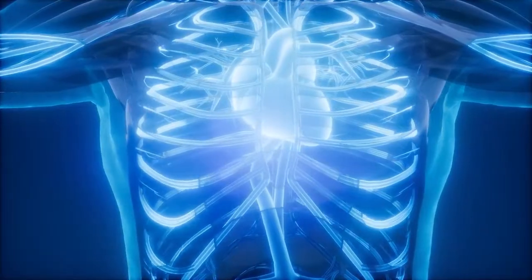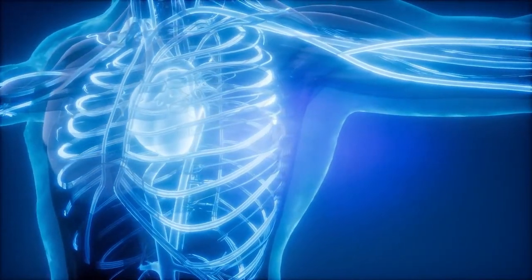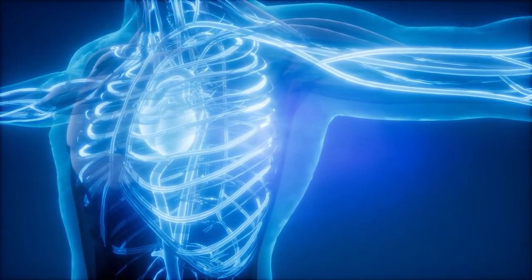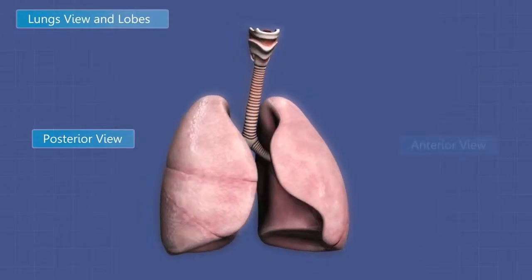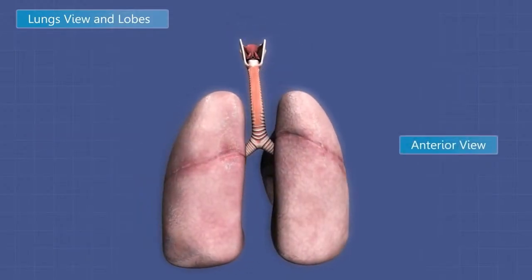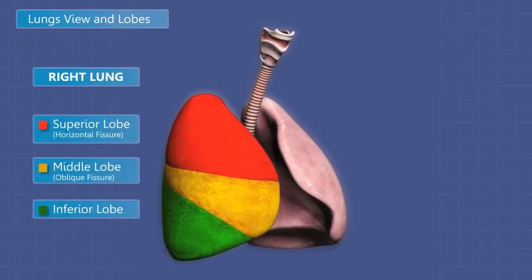Trachea. The trachea, also known as the windpipe, is a tube-like structure that extends from the larynx, or voice box, to the bronchi in the lungs. It is composed of rings of cartilage that help to keep the trachea open and prevent it from collapsing. The trachea is lined with a mucous membrane that helps to moisten and protect the tissues. It is also lined with small hair-like structures called cilia that help to sweep mucus and other debris out of